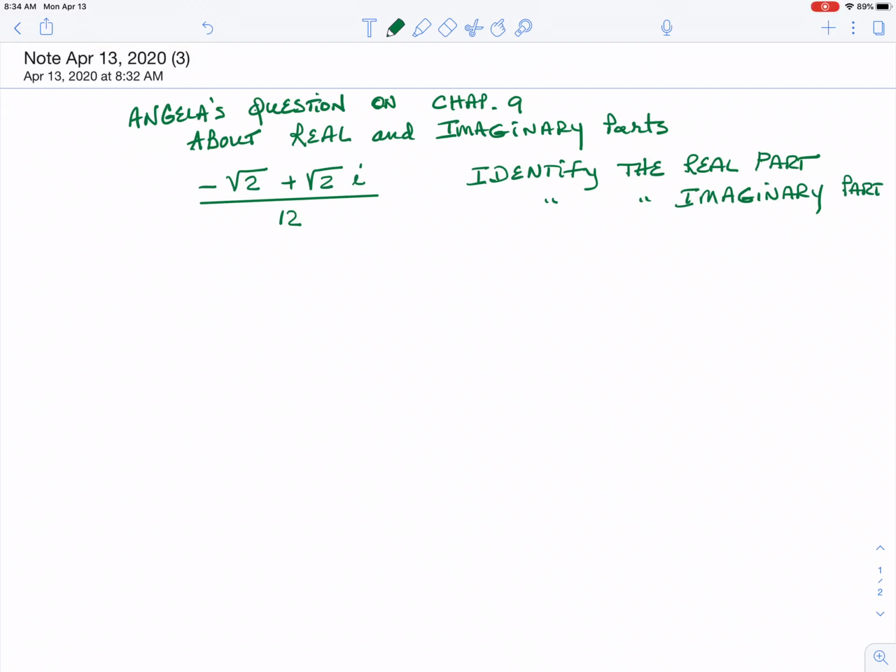This is a question one of my students sent me. It's an example of a complex number, and what she was asked to do was identify which part is the real part and which part is the imaginary part. So what you want to do with these is to write it in what we identify as A plus BI form,